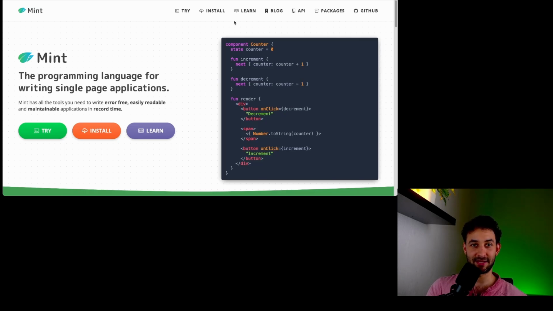And so as you can tell here in the browser screen, we have a few interesting patterns that Mint provides for us. One of them is, for example, this state keyword, the component keyword, of course, the next keyword, which seems to be related to the state. And so it seems really exciting, and we'll take a closer look at it now to see how well it handles each of the points that we mentioned we want in a future programming language.